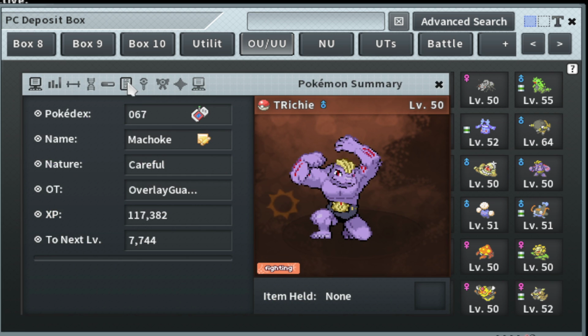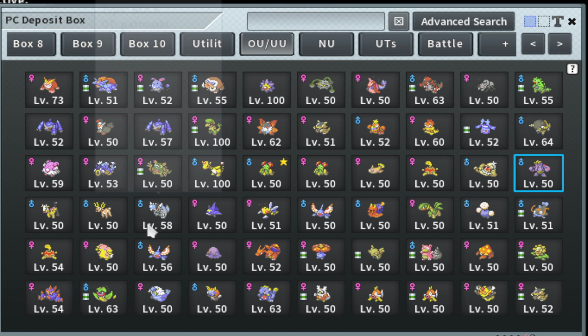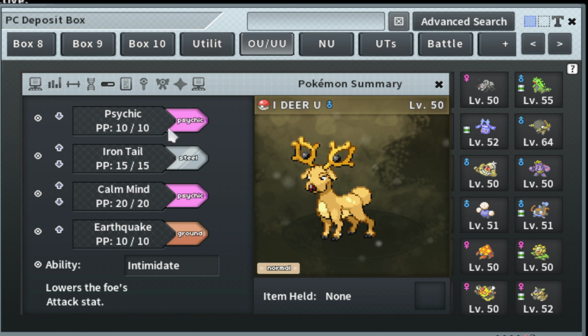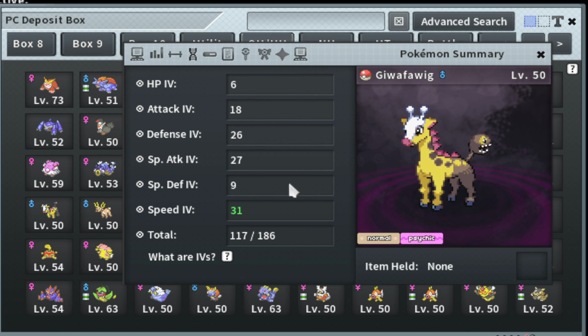There's some 2013, 2014 comps. This 2013 Machoke. Machoke actually used to be a really decent NU comp. Nowadays, Machamp is an NU, which is obviously a huge power creep difference. Stantler, back in the day, was a super relevant comp. It could go mixed. Calm Mind, Iron Tail, Psychic EQ. Crazy set. Girafarig, Modest. This Girafarig was actually bomb for back in the day, which is hilarious looking at its